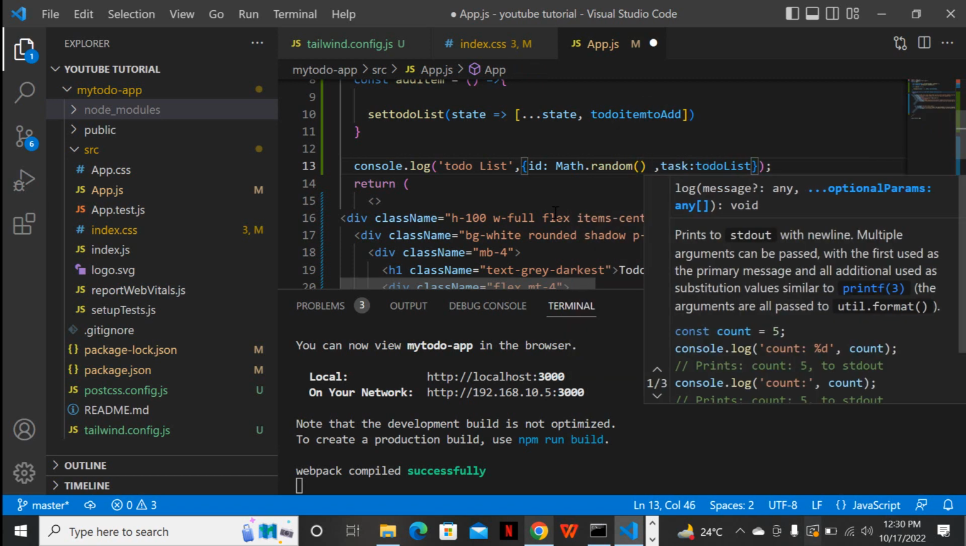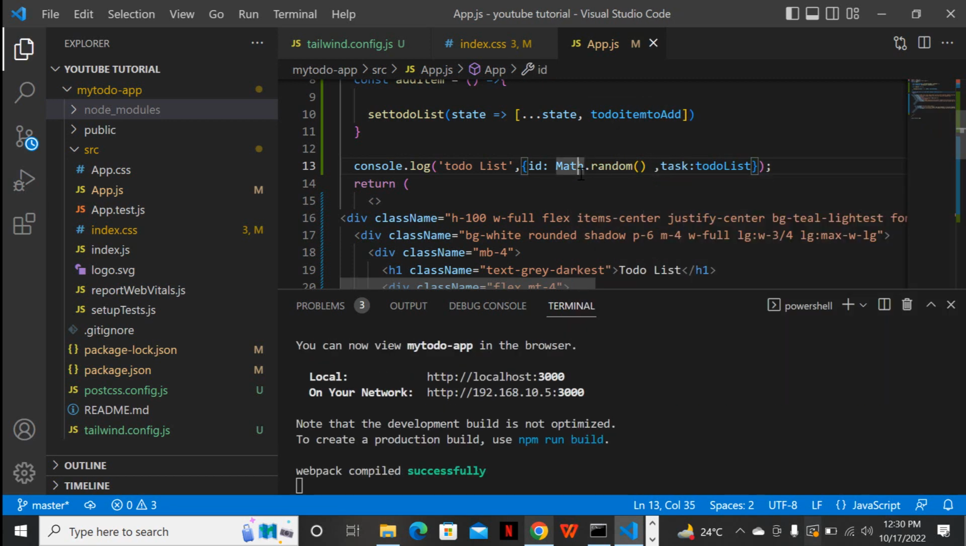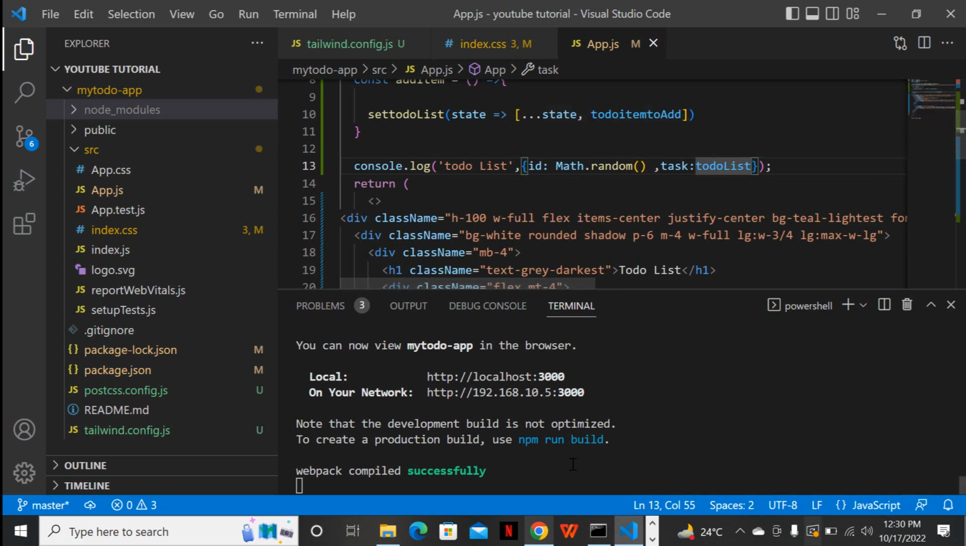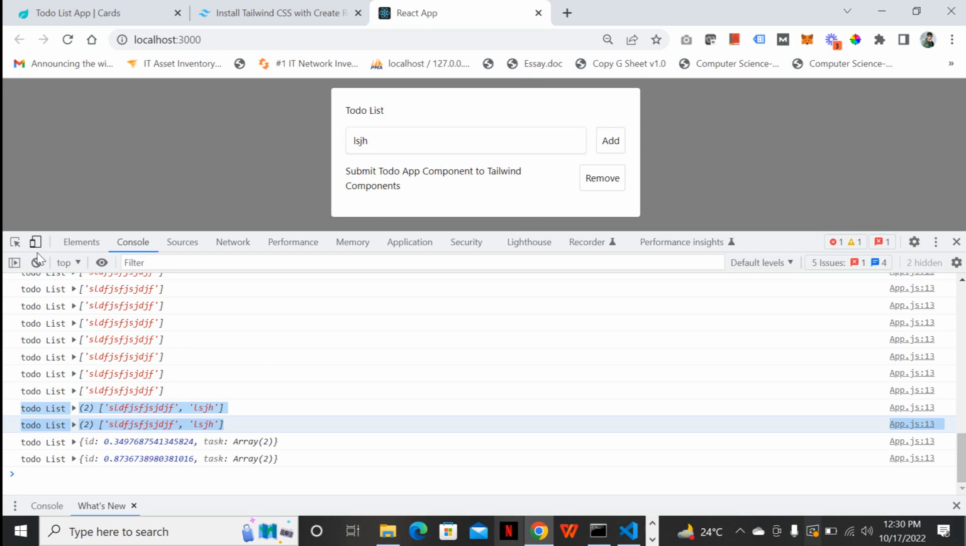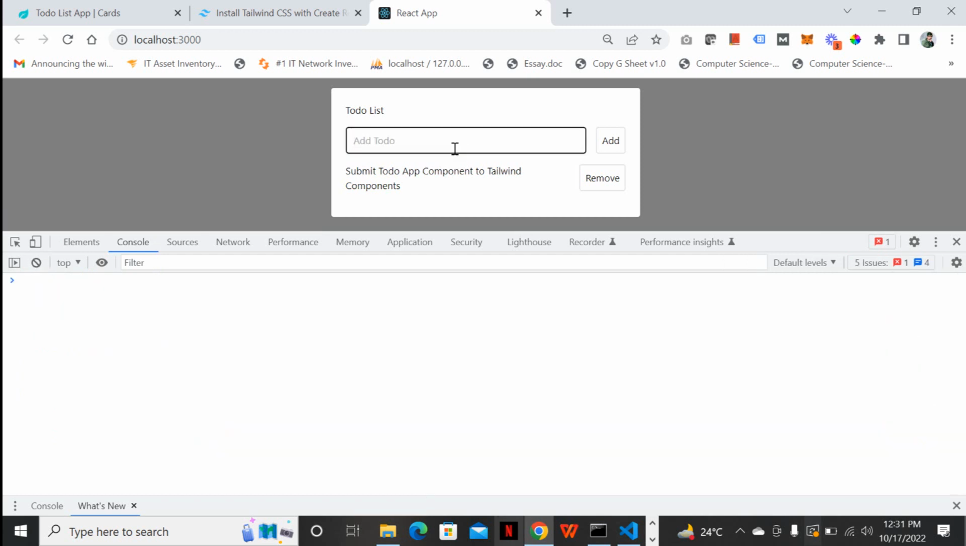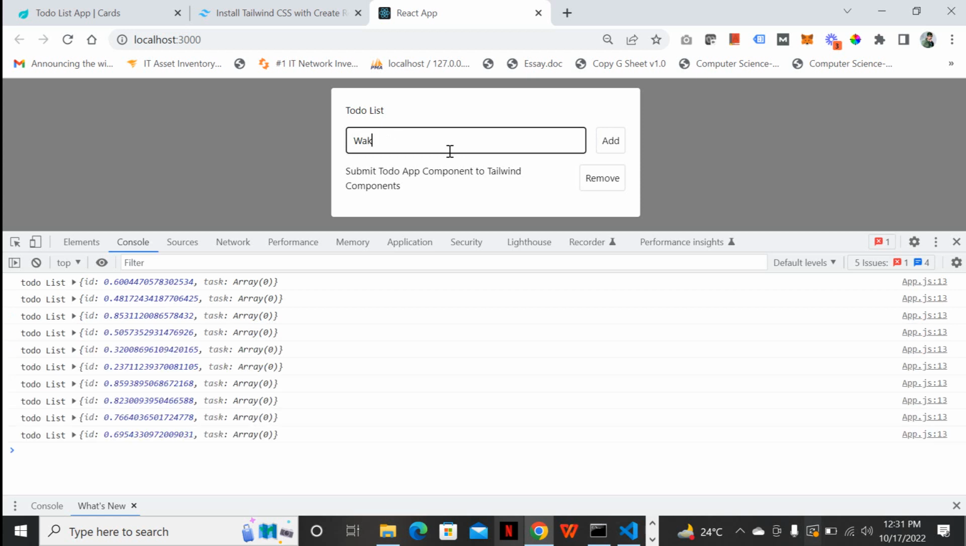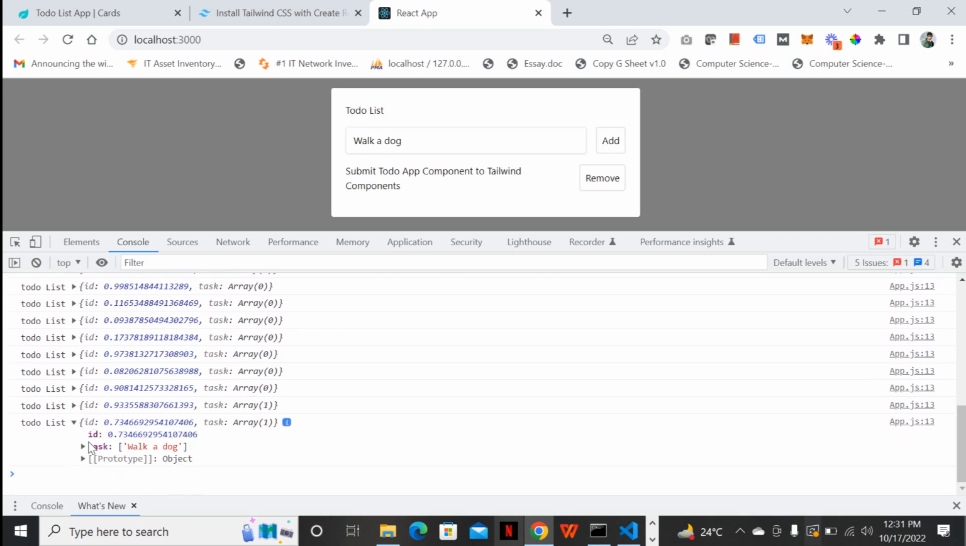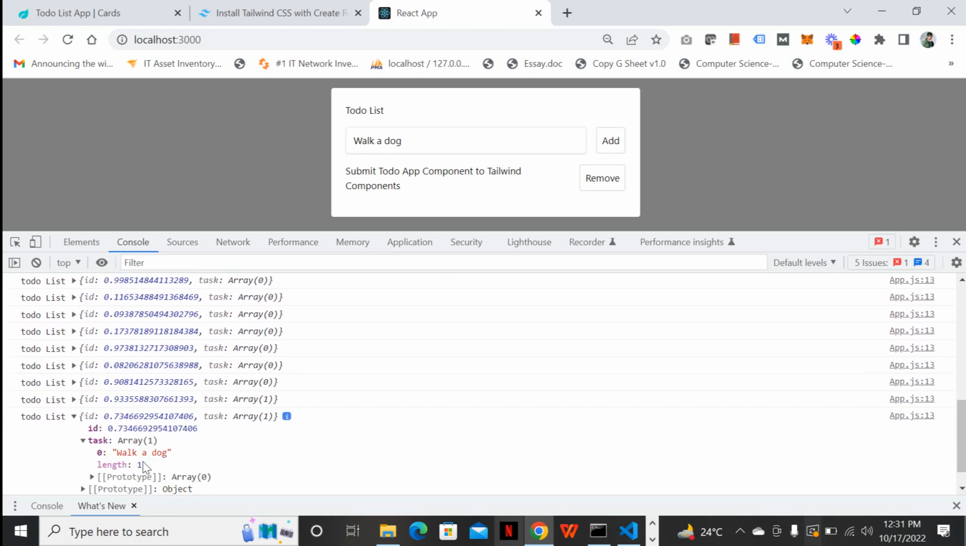Okay, so now instead of adding a single value, it will add a complete object with id and task. Let me show how it's working right now. Let me add a task, walk a dog. So let me show it. We have gotten a task, walk a dog. Okay, if I add another,